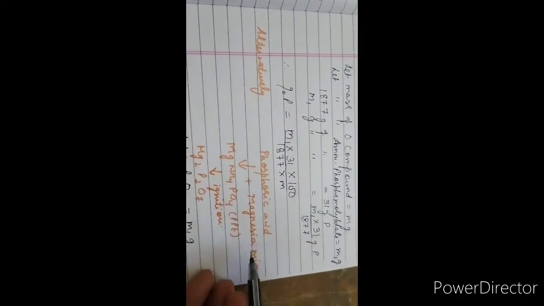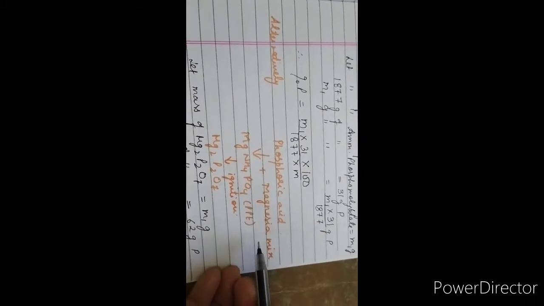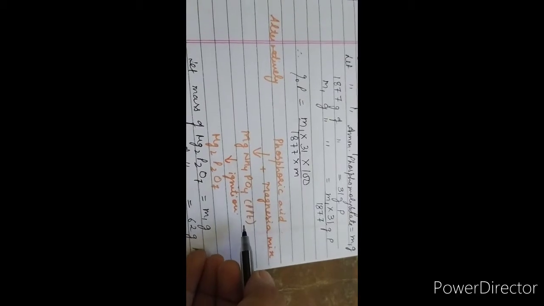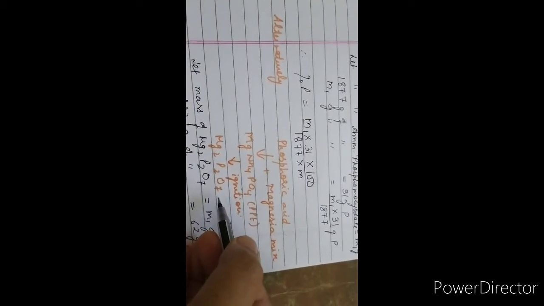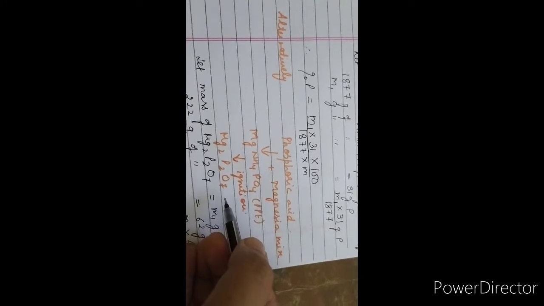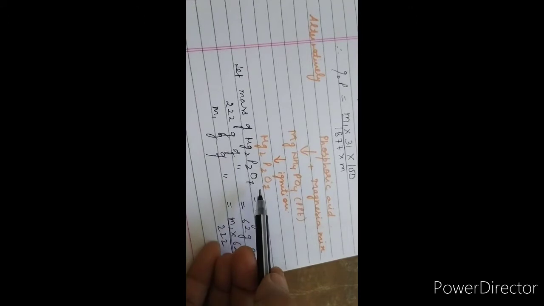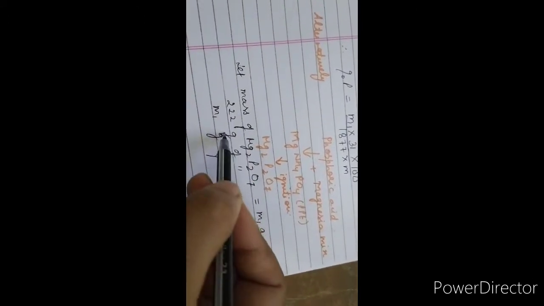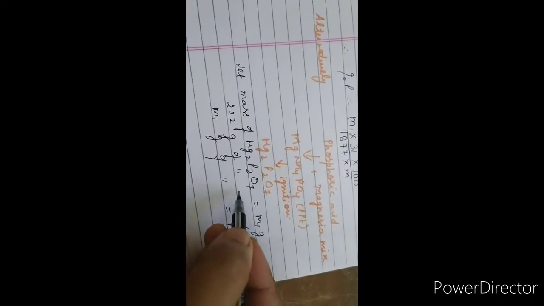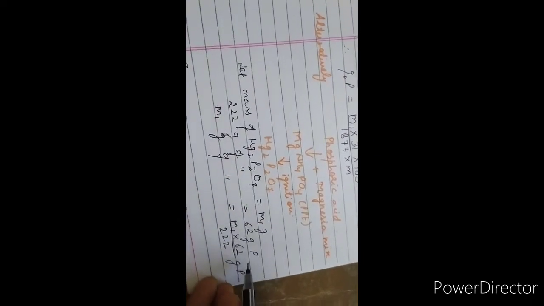Alternatively, we can also use a method in which phosphoric acid is treated with magnesium mixture. Magnesium mixture is magnesium hydroxide, and it will give a precipitate of magnesium ammonium phosphate, which on ignition will give magnesium pyrophosphate, that is Mg2P2O7. So if we estimate phosphorus in the form of Mg2P2O7, its molecular mass is 222. So 222 gram of magnesium pyrophosphate contains 2 atoms of phosphorus, that is 62 gram of phosphorus.